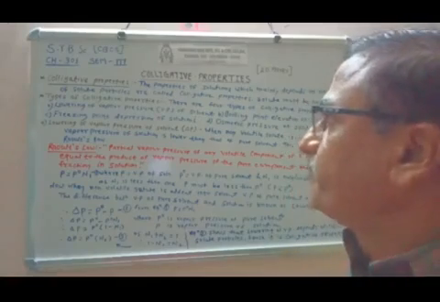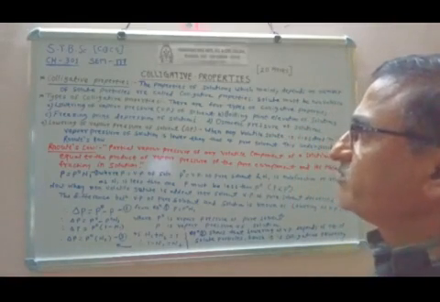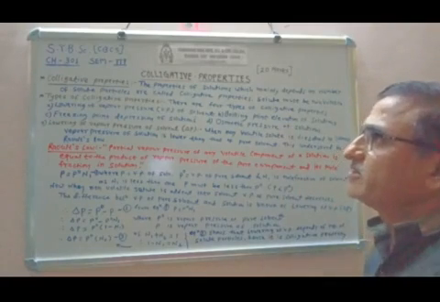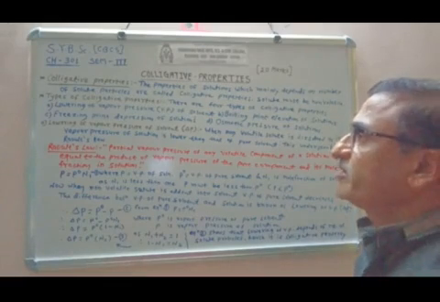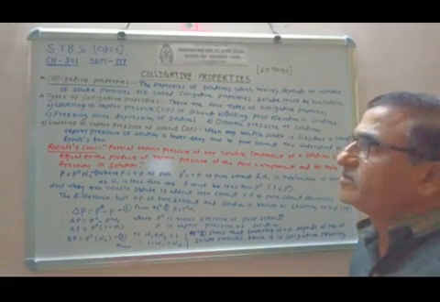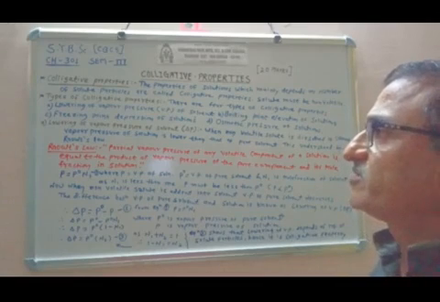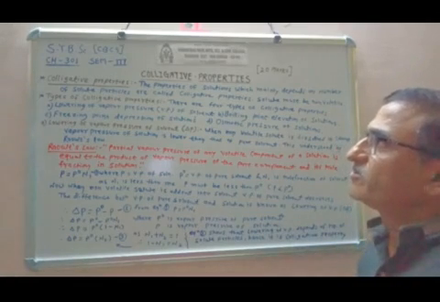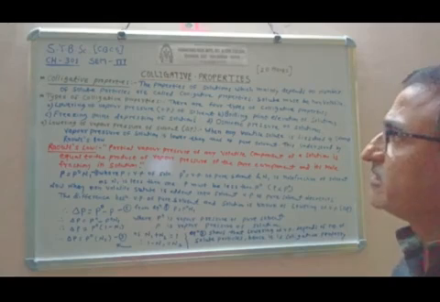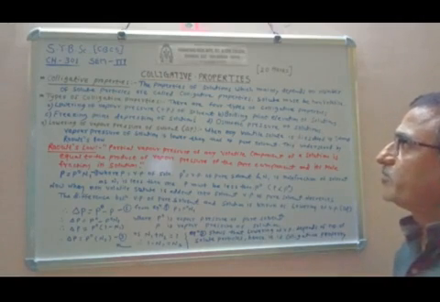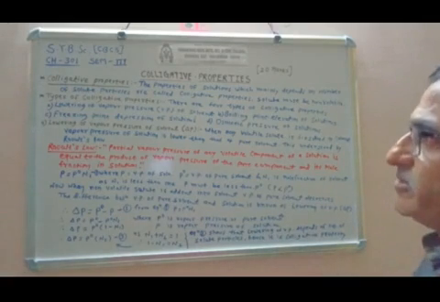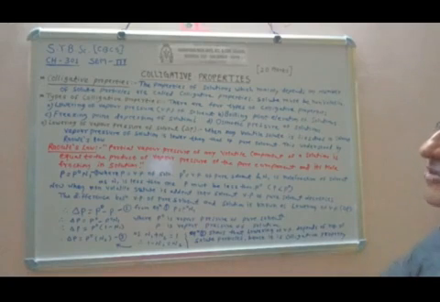So friends, we have learned about the basic terms, that is the solution, and how we express the different concentrations in different units. Now the main part of this chapter is colligative properties. The properties of a solution which mainly depend on the number of solute particles are called colligative properties. The solute must be non-volatile. A volatile solute is not considered here.